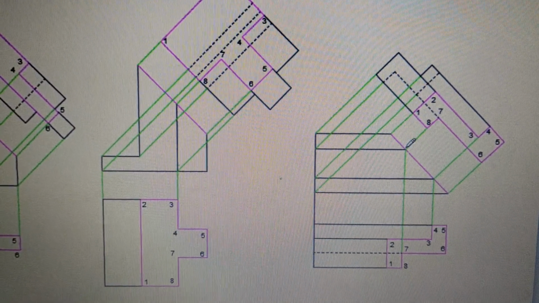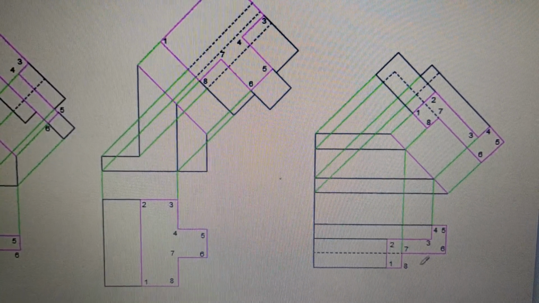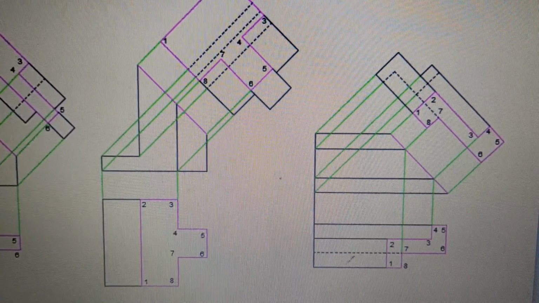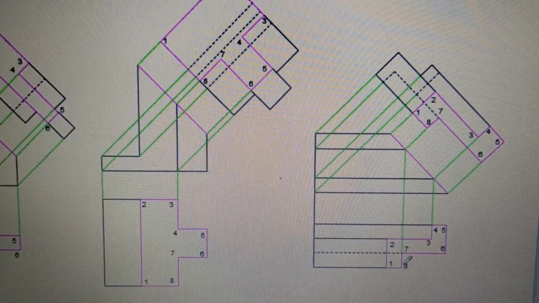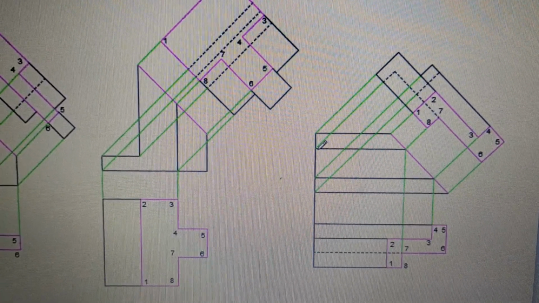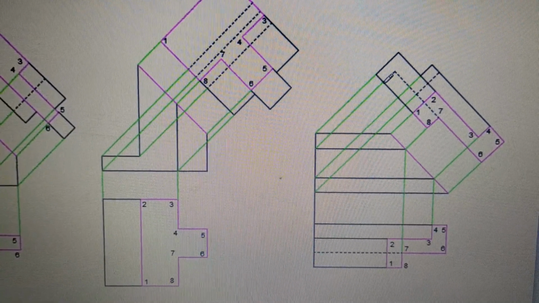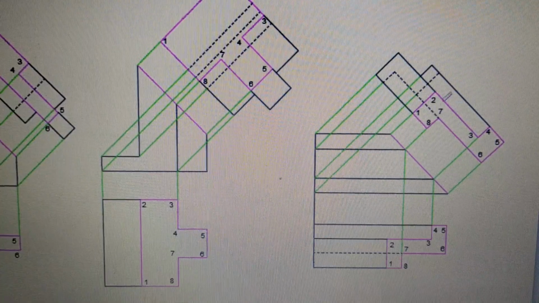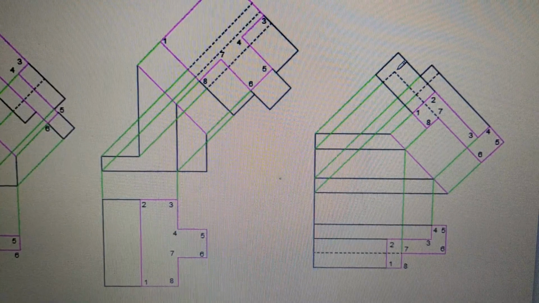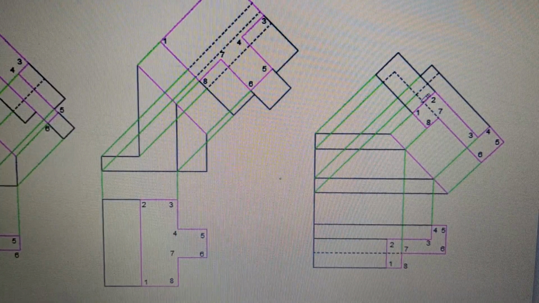Now there is one surface below like this. That means there is a surface 7, 8, 8, 7. So this surface which is there, 7 and 8, they are here. When you draw like this, there will be 8 here and 7 here. So that you can get by drawing these construction lines. By drawing these projector lines, you can get these points and you can get this surface. The surface which is below, that will be this surface.